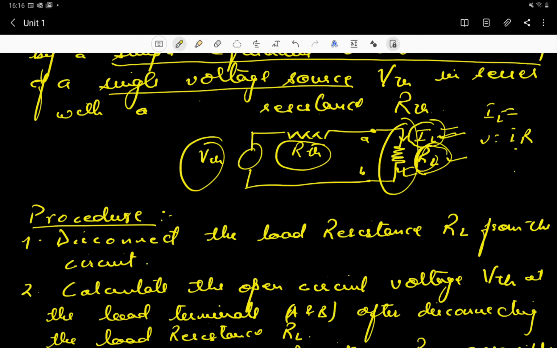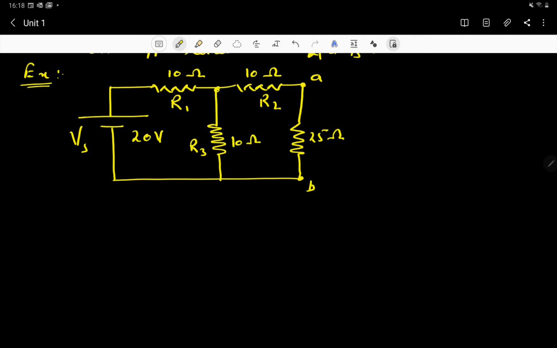All right, now we will take one example, an easy numerical, so that it should become very easy to understand this. Now this is a circuit. Okay, the source voltage is given, these are the resistances R1, R2 and R3, and this 25 ohm resistance is given over here, which is connected across the terminals A and B. So we are going to determine the current and the voltage across this resistance. All right, so we will follow the same steps as we have discussed in the procedure. First of all, we are going to open these terminals AB.